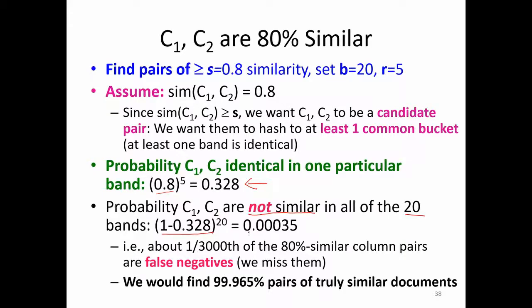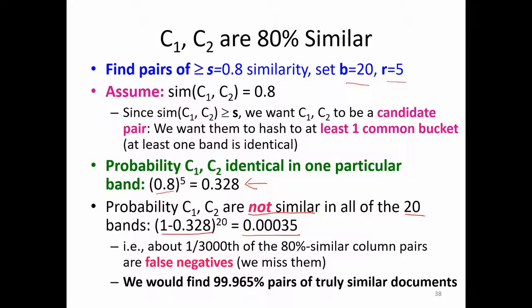This turns out to be 0.00035, which is about 1 by 3000. So there is a 99.965% chance that, with these 100 hash functions split into 20 bands of 5 rows each,